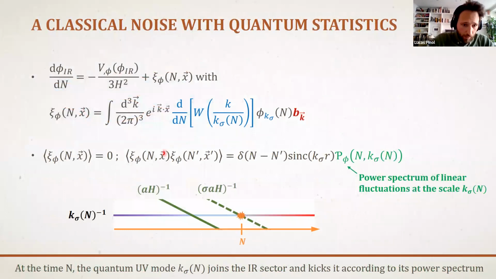So let us go back to this noise statistics, and the remaining term here in green, is actually the amplitude of the noise. And the amplitude of the noise is actually the power spectrum of the ultraviolet fluctuations when they cross this cutoff scale. So this makes sense because it means that actually the power that is in the ultraviolet sector and that is transferred into the infrared sector, which is the system you are studying, is transferred. The power is transferred, and this is why the amplitude of the noise is just given by the power spectrum of these UV fluctuations at this particular time for this particular scale that changes from UV to infrared at that time. Okay.